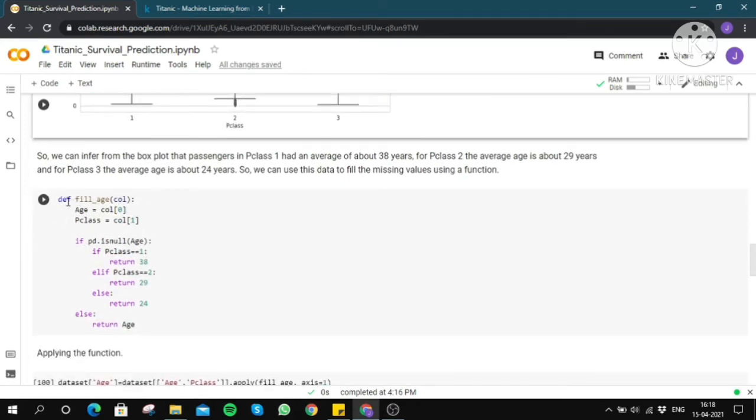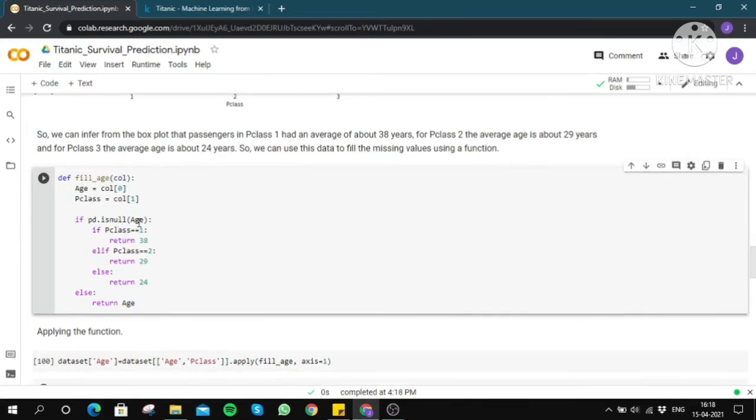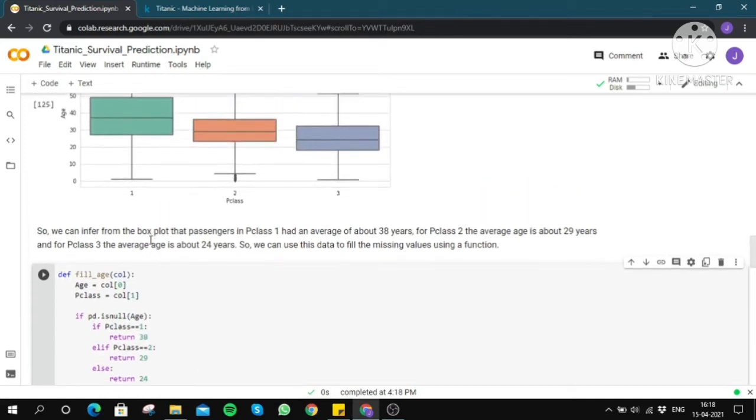So def, that is function definition, fill_age, which will take columns as the argument, and it will consist of two columns. The first column will be the age column, and the second column will be the passenger class column. Now if the age in that particular row is null or missing, then based on the different passenger classes, it will return or assign the mean age of the passenger class that we found above.